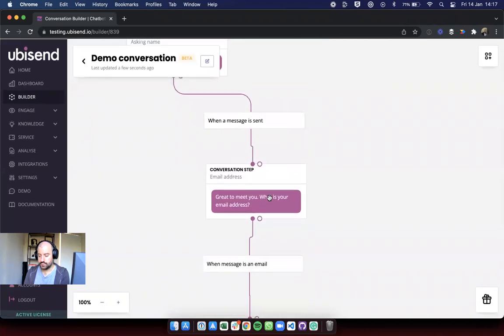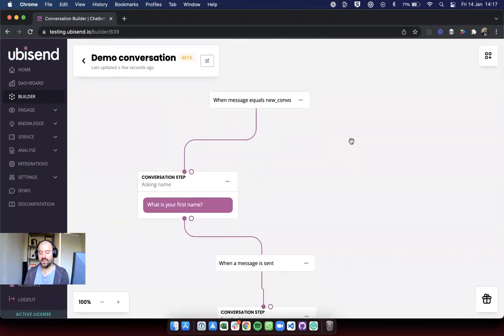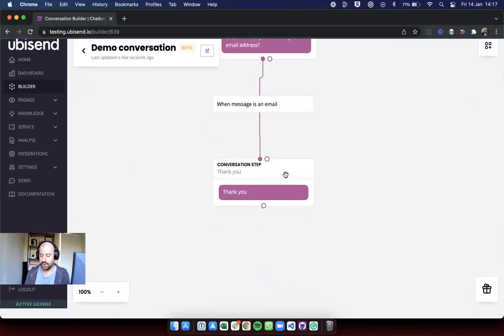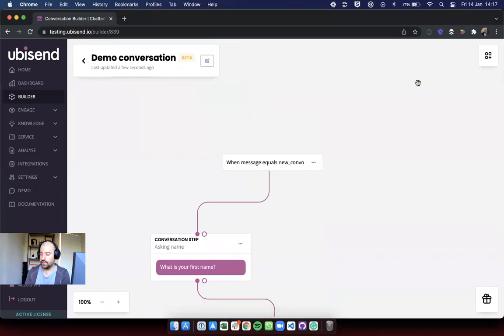All right, so we have a really simple three-step conversation. Very simple. There isn't really much for you to test here. You could just read it, and you'd be quite comfortable that this is doing what you'd like it to do. But there might be instances where you're building a really large conversation, and what you'd like to do is test it. We obviously have this area in the platform, in the demo area, which is very good